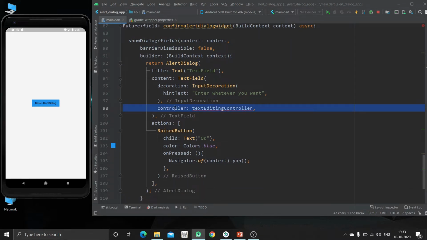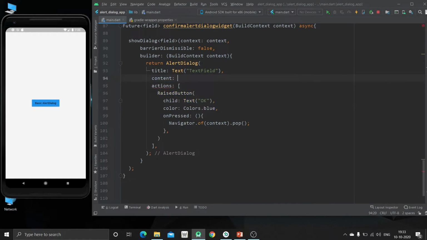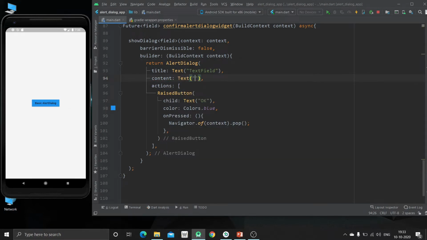Now we will just remove this. We will also remove this text field and specify some text. We can specify that this is for the notification purpose.